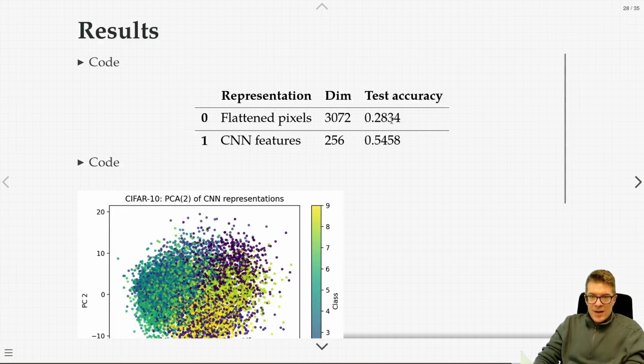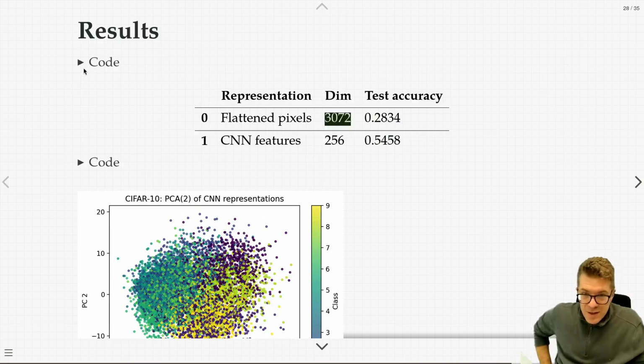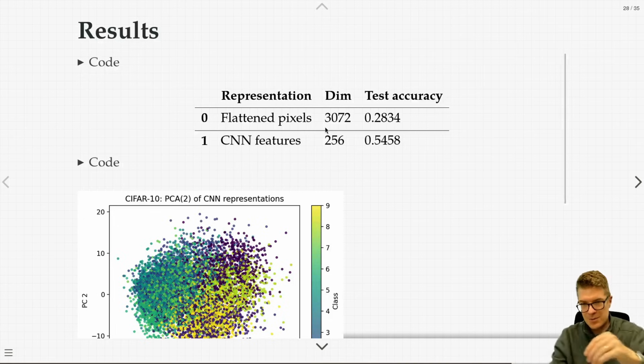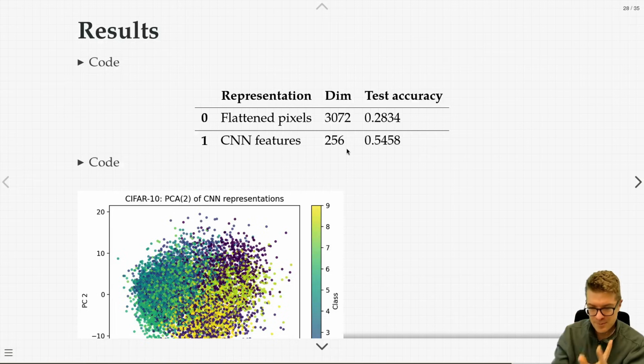Here's just hammering this home again. Here are my test accuracies, but not only have I drastically improved performance in terms of my task, I've also done so with an order of magnitude fewer dimensions. The flattened pixels, if I were to represent everything in the original space, is a bit over 3,000 dimensions. But if I push that information through an encoder, my CNN, I can do much better with far fewer parameters,